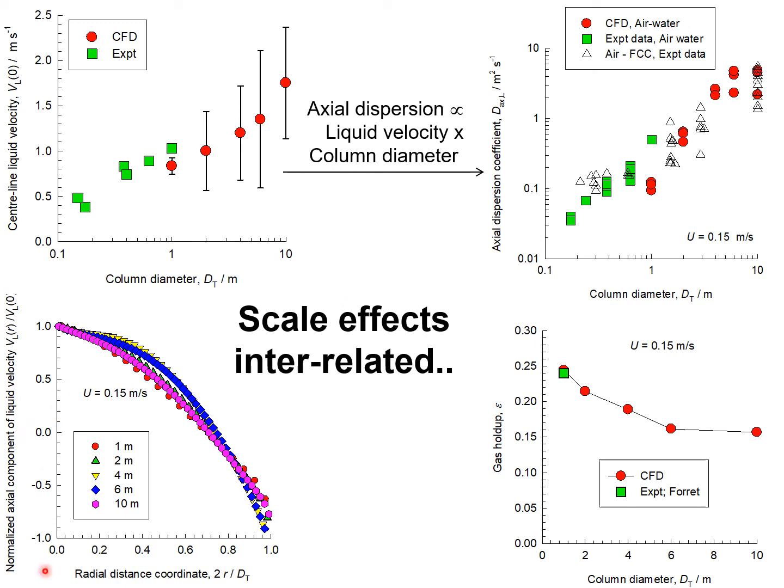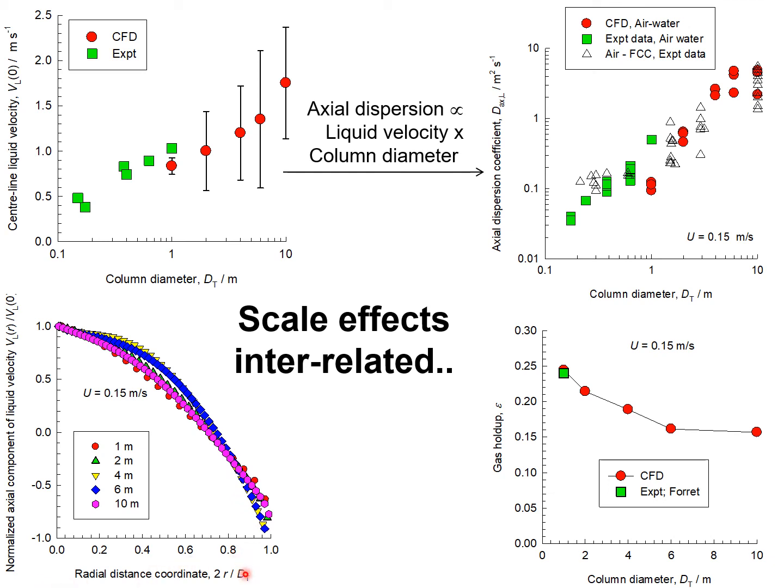But it's interesting to note that the normalized axial component of the liquid velocity, where the liquid velocity is normalized with respect to the centerline liquid velocity, has an almost universal velocity profile that is practically independent of column diameter. So I have CFD simulations for 1 meter diameter column, 2 meters diameter column, 4 meter diameter column, 6 meter diameter column, and 10 meter diameter column, all collapsing into a single normalized axial velocity profile as a function of